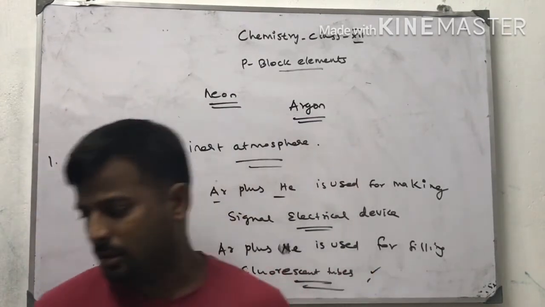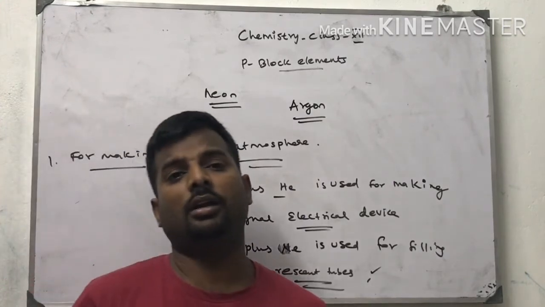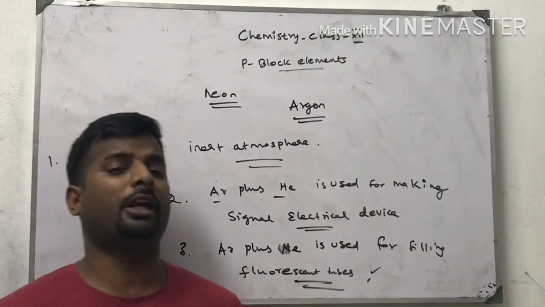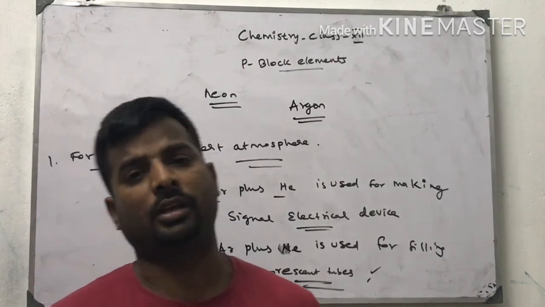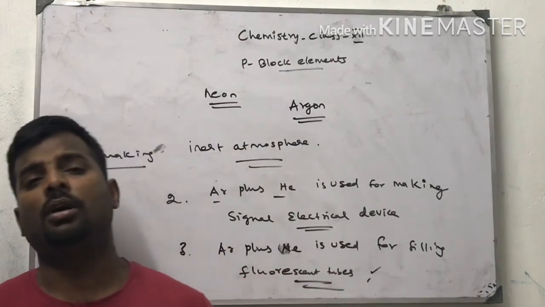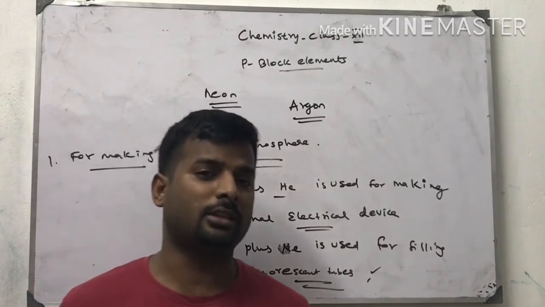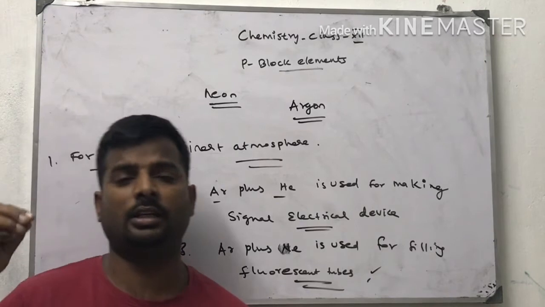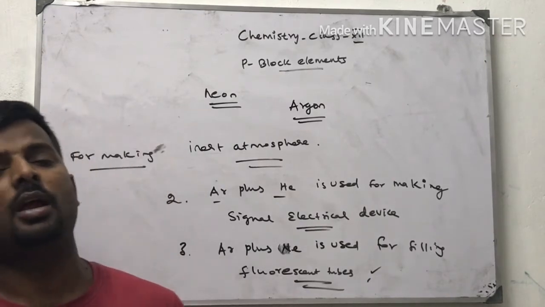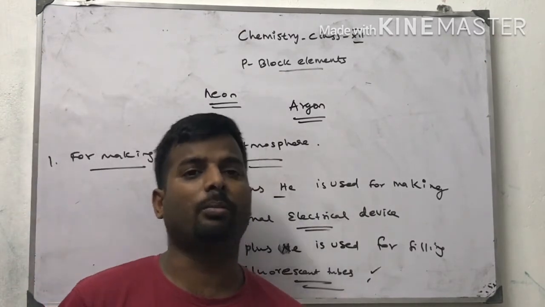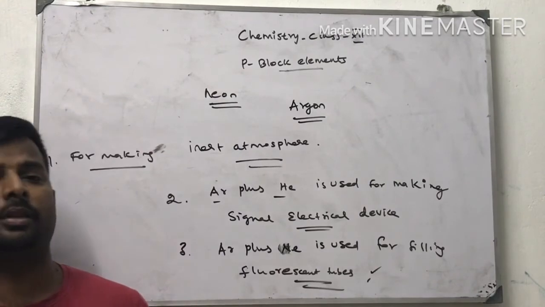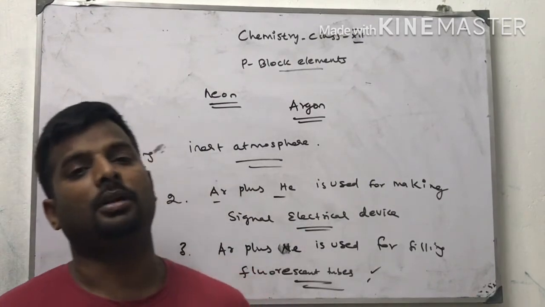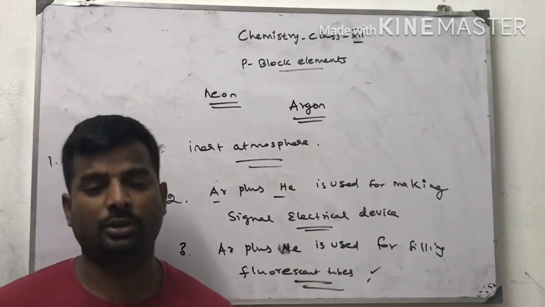Next one is xenon and krypton, which are of no significant use. Radon is another material. It is radioactive. Radon is used as radiotherapy in cancer. These rays are passed through the tumors and cut the tumor, and finally the patient recovers from the problem. This is called a drug delivery system. And this is the use of radon.